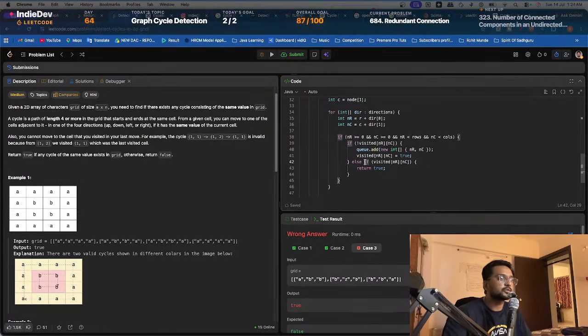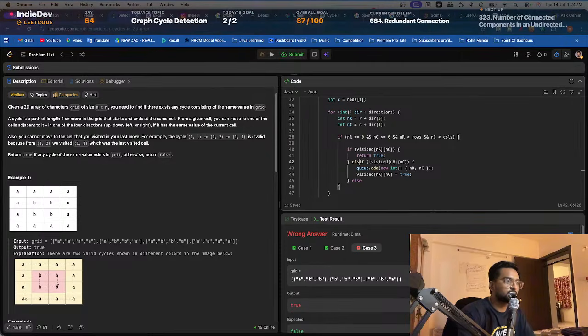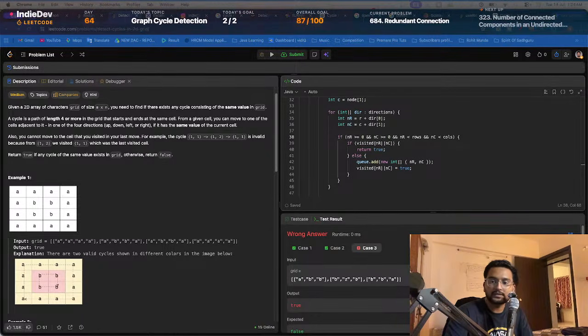ओके, मेरे को समझ में आया. If visited this, else should I do this, or not this, just else. Okay. Bro, just check NRNC is valid, and if valid visited then directly return. इसकी ज़रूरत नहीं. You are saying